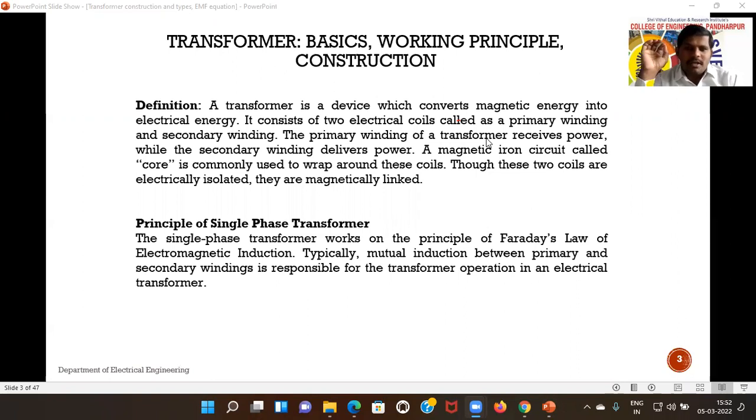Okay, all of you getting the definition of the transformer? Yes, give me a reply. Yes. Yes, sir. Okay, now